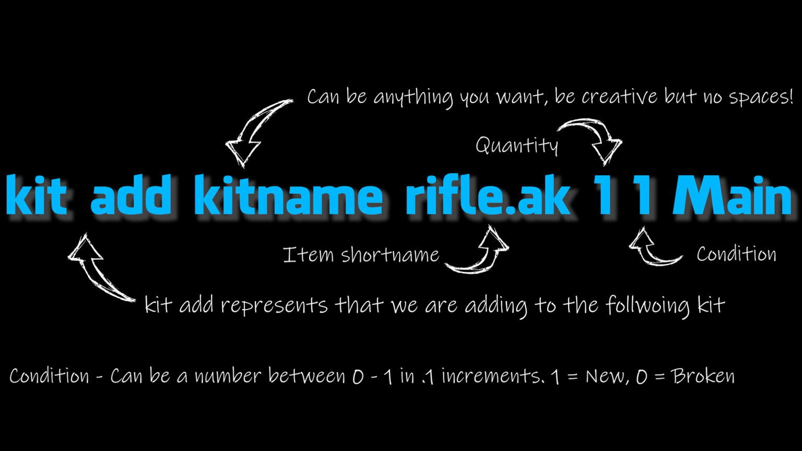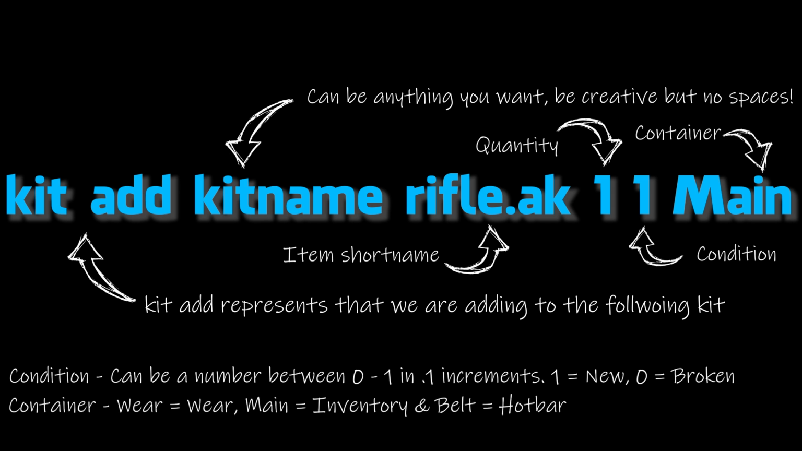Finally, we have the container choice. On this you have 3 options: wear, main, and belt. Choosing the wear option, which will only work with clothing, makes the chosen item force itself onto the player's body, removing anything that is in its current position. Main is the container for inventory. Anything that ends in main will find itself landed within the player's inventory. The final option is belt. This represents the hotbar. Please be mindful that there are only 6 slots on the hotbar, so be sure not